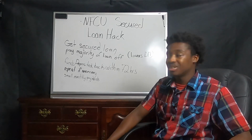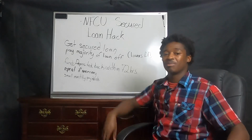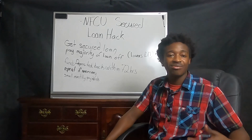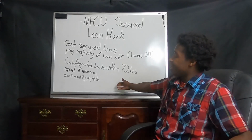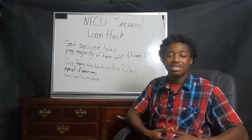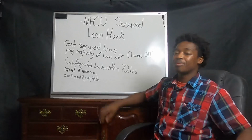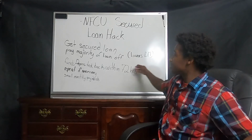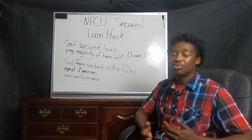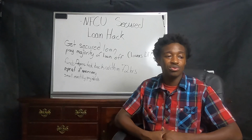If you don't need to repeat this, great, because the only thing you have left to do is make small monthly payments every month just to keep the loan active and actively paying it. And once you reach the end of the term, this loan will have lived out its complete term. The due dates would have been pushed back every time that you paid it, as well as when you sent in this original payment. And you can ride that whole term out of whatever term you choose,